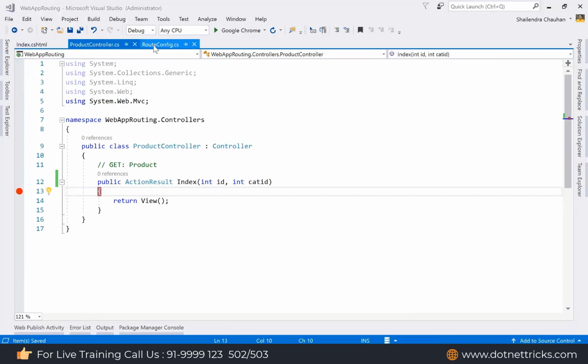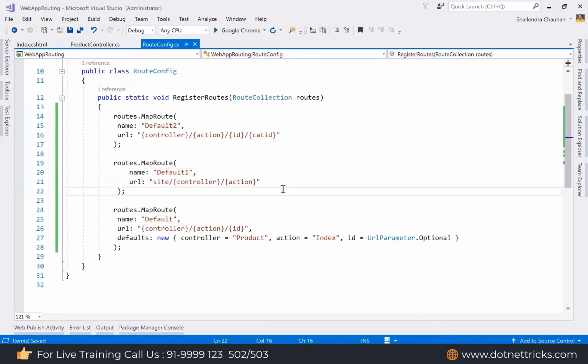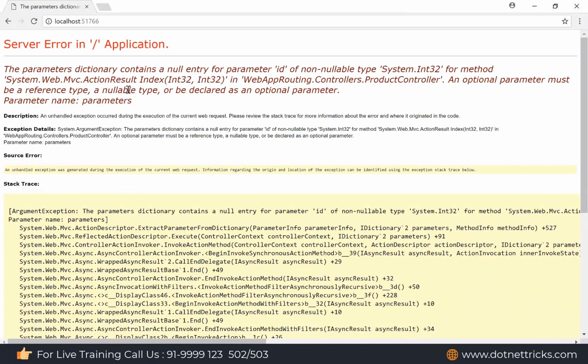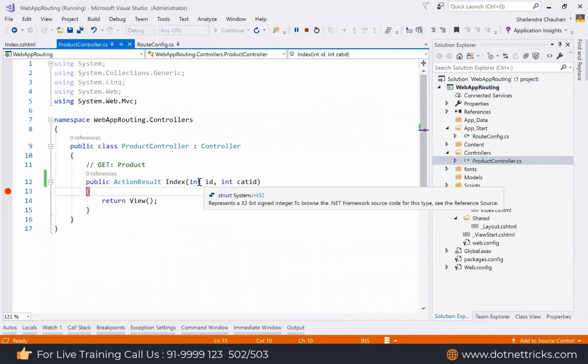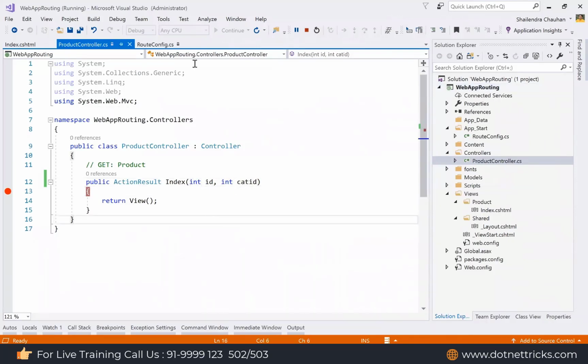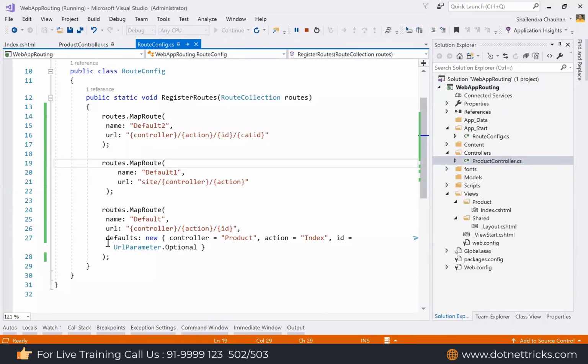So let me show how we are accessing the values for ID and cat ID. And every time you define a route, make sure your route name is unique. You can see here I'm getting an error. The reason is that in my product controller, the ID is a non-nullable integer, and the category ID is also a non-nullable integer. In the route config file, we set the product controller index action as the startup page for our application.